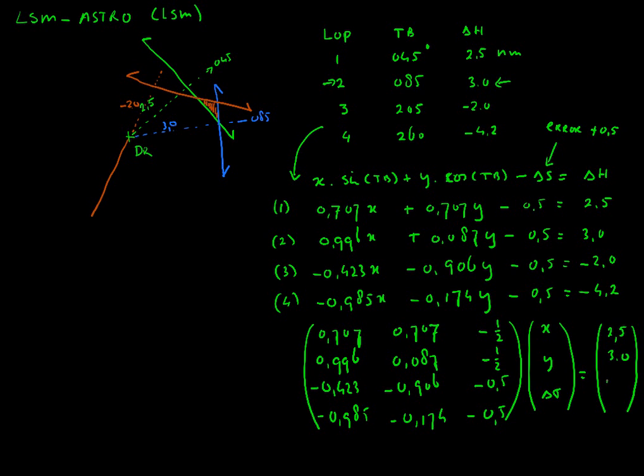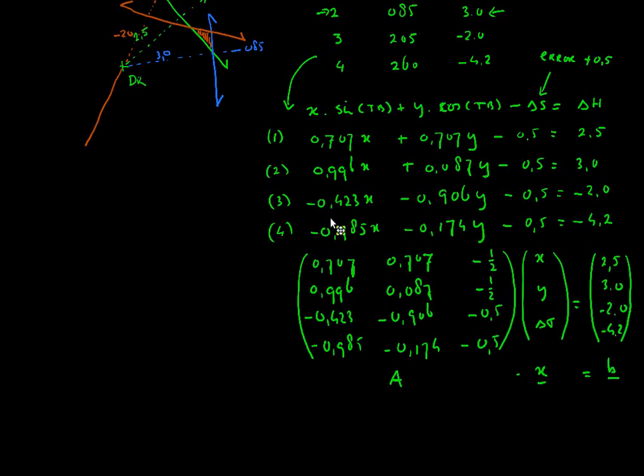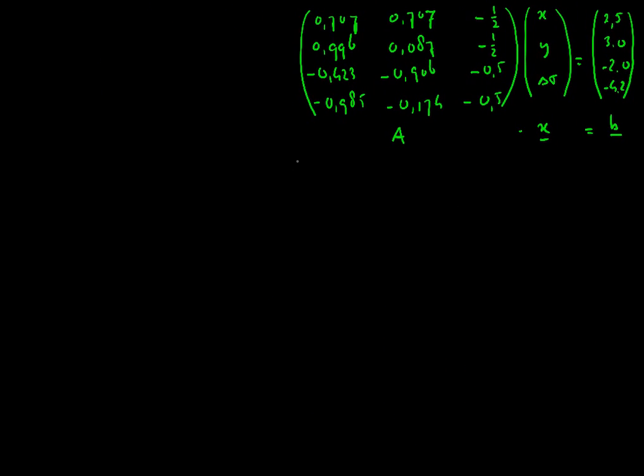0.423 minus 0.906 and minus a half if you like, and minus 0.985 minus 0.174 and minus a half. Well, this is a 3.0 minus 2.0 minus 4.2. So this gives me the matrix A times a vector x is a vector b, and I should be able